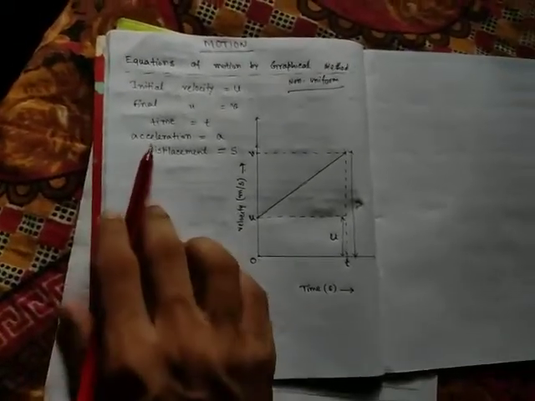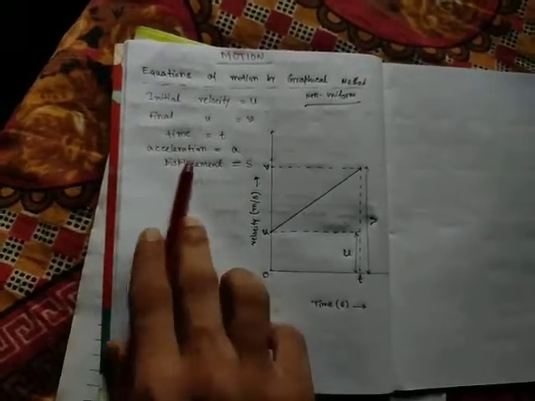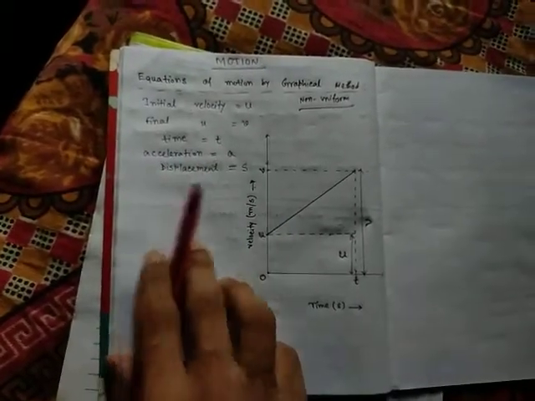Okay. Acha. Let us consider the acceleration for this case. This is non-uniform motion. Velocity is changing, so there must be an acceleration. So let us consider the acceleration is a, and the displacement in this case is s. Here I am representing the whole figure, so let us consider the actual curve is AB.